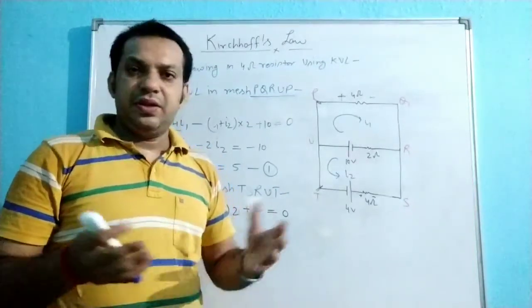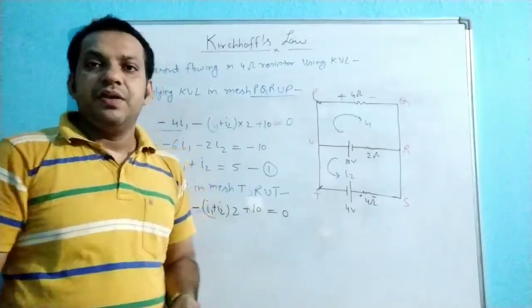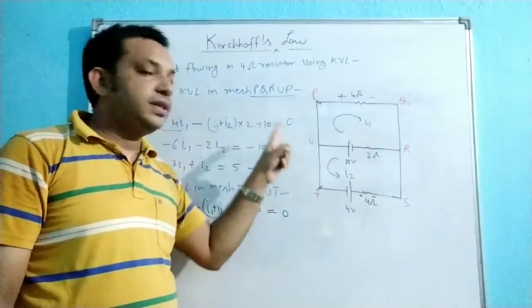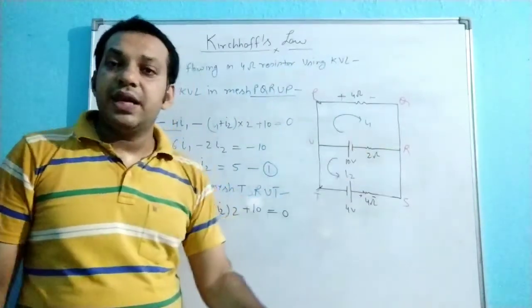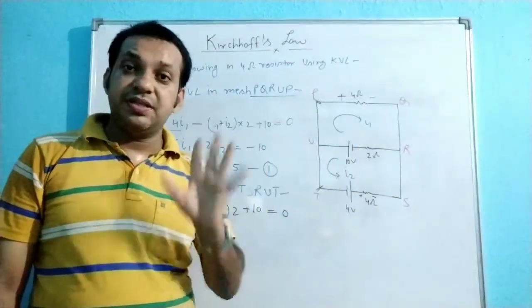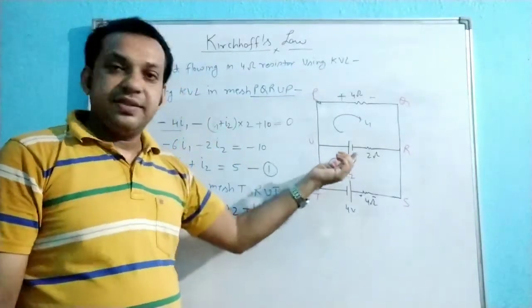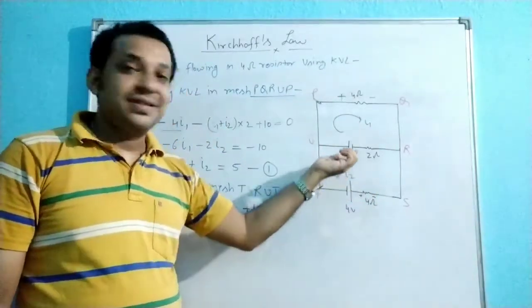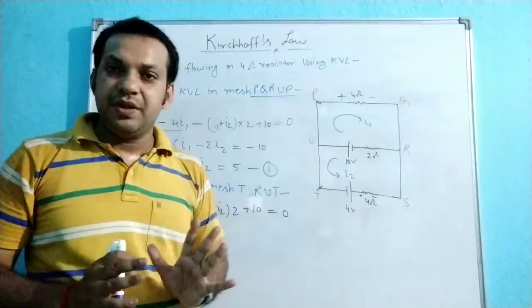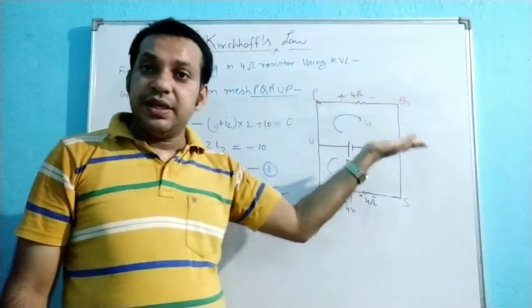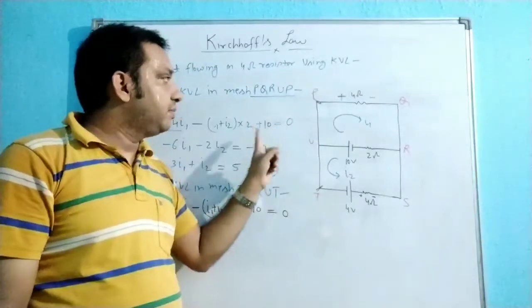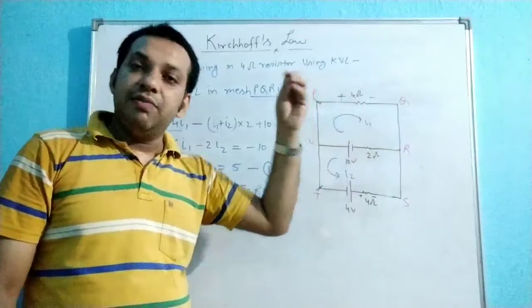Right? So you should not check every time whether it's a loss of potential or a gain of potential. If you are considering the mesh in the direction of the assumed current, every time there is a loss of potential. Right? For the resistance, I am saying only for the resistance. It is easy to identify loss or gain in a cell. Automatically, you are moving from minus to plus or plus to minus. For a cell, it is easy. But for the resistance, you face the problem whether it is plus or minus. So if you are taking the mesh in the direction of the assumed current, every time it is minus before that.